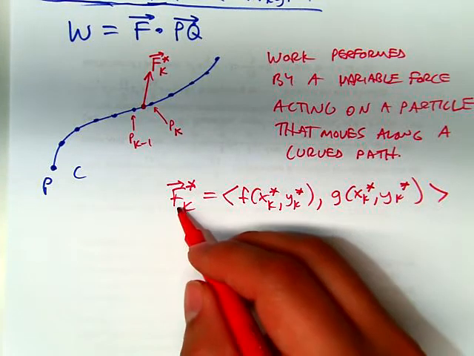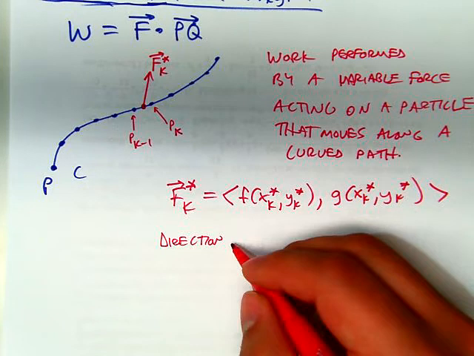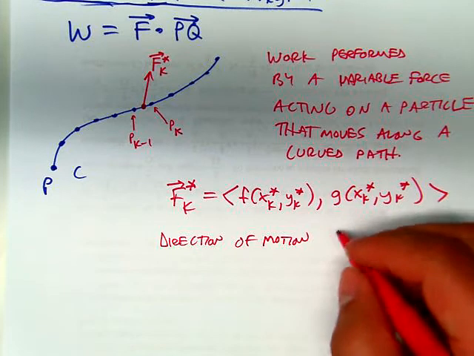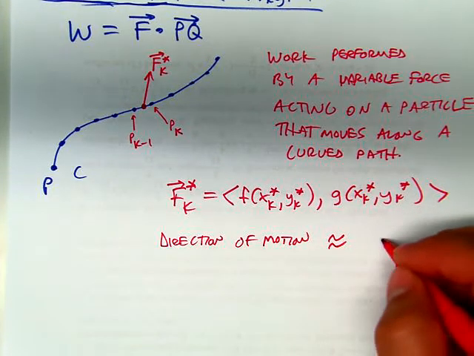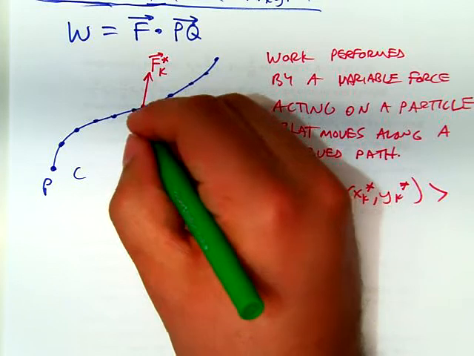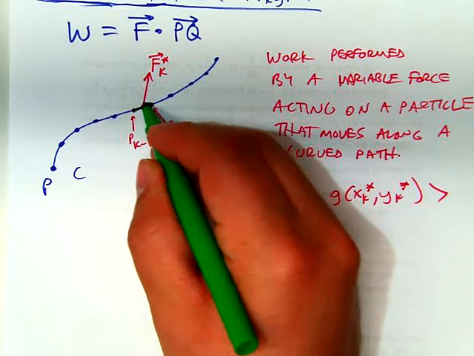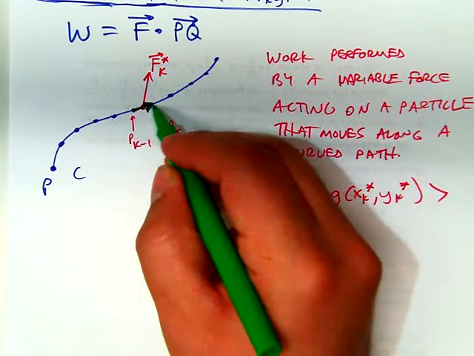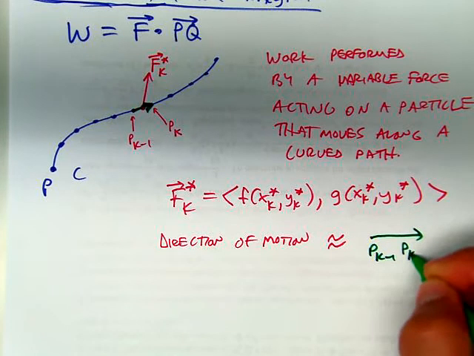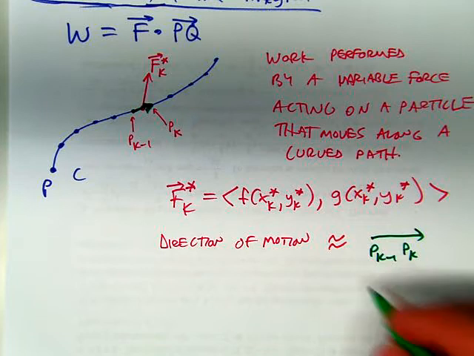And now, so there's our force. Our direction of motion can be really closely approximated by a vector. We'll just go from P. So what I'm going to do is connect this point to this point. And again, we're looking at a very small partition here. So from this point to this point, we're going to say that that vector from P sub k minus 1 to P sub k is the direction of motion,